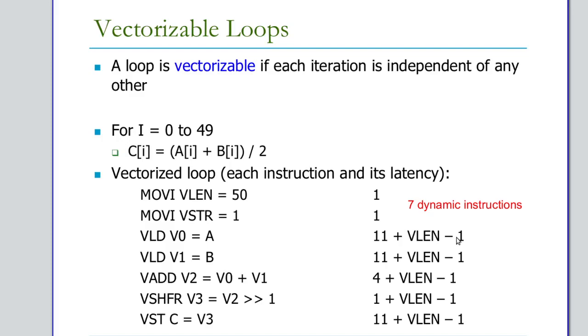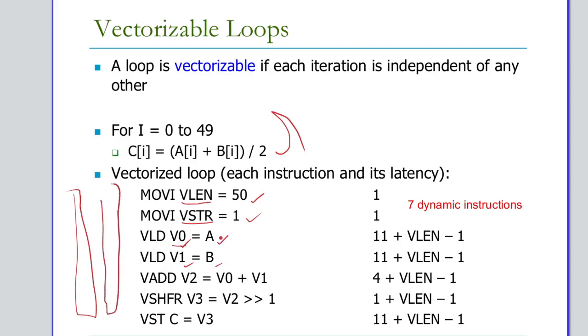But this is just scalar processing. Let us see what happens if it is vectorized. You have to execute this loop, right? First of all, you will have to specify the vector length. The vector length is 50. Suppose the size of our vector registers is more than 50, maybe 64. So v stride is 1, and in v0 we are storing the whole vector a. Load the vector a in v0, load the vector b in v1. So in two vectors we have a and b, and we have loaded the whole vector.